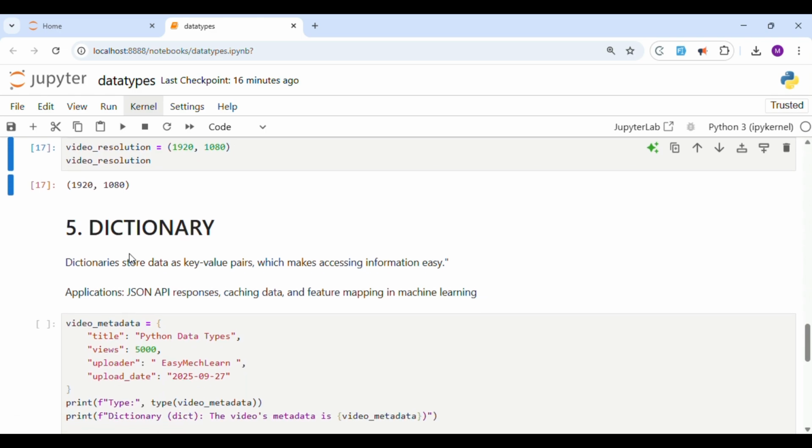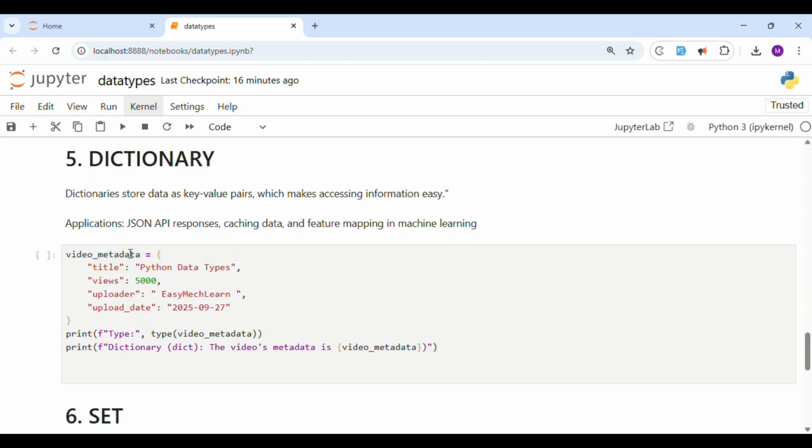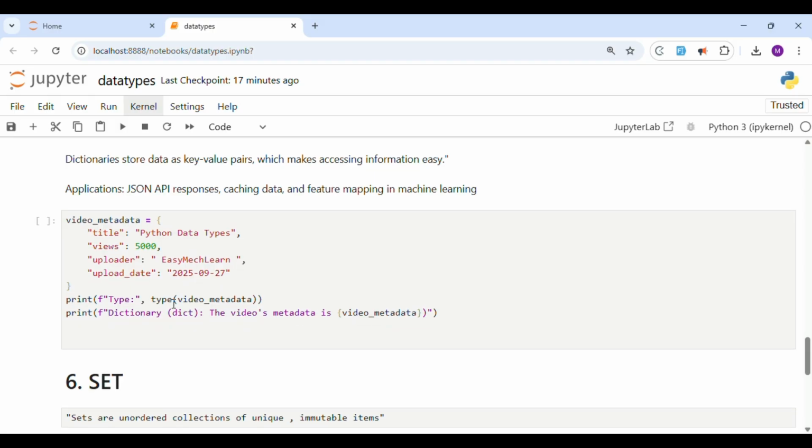Next data type is dictionaries. Dictionaries store data as key-value pairs, which makes accessing information easy. It is an unordered collection of key-value pairs. Applications include JSON API responses, caching data, and feature mapping in machine learning. Another real-time application, storing a video's metadata. Video metadata equals title: Python data types, views: 5000, uploader: easy mech-learn, upload date: